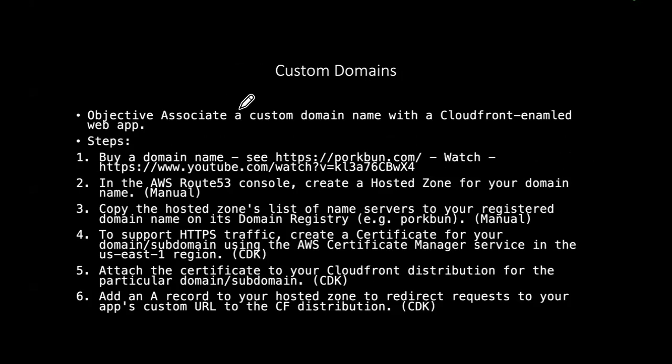Yeah, the objective is to associate a custom domain name with our CloudFront-enabled distribution. Here are the steps. Some of them are manual. Step one is to buy a domain name. Last year I came across this oddly named registry called porkbun.com. I think they were the cheapest last year, but some of you may already have bought a